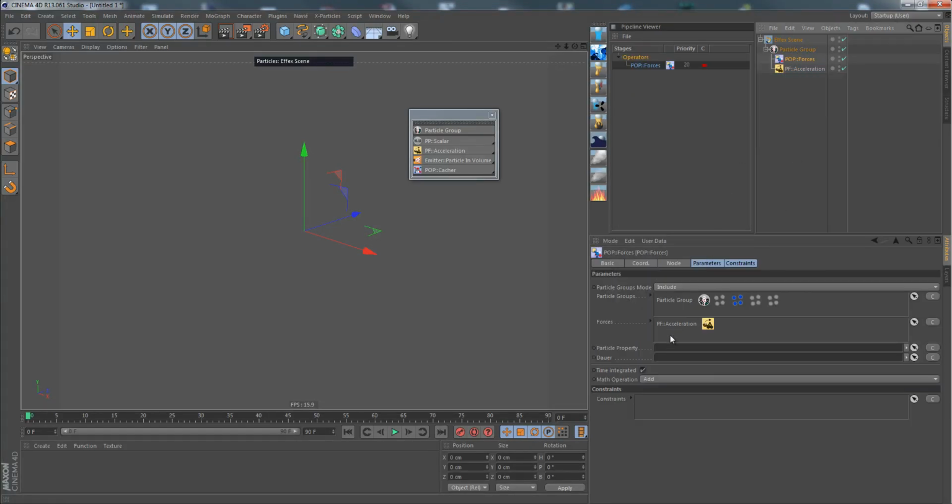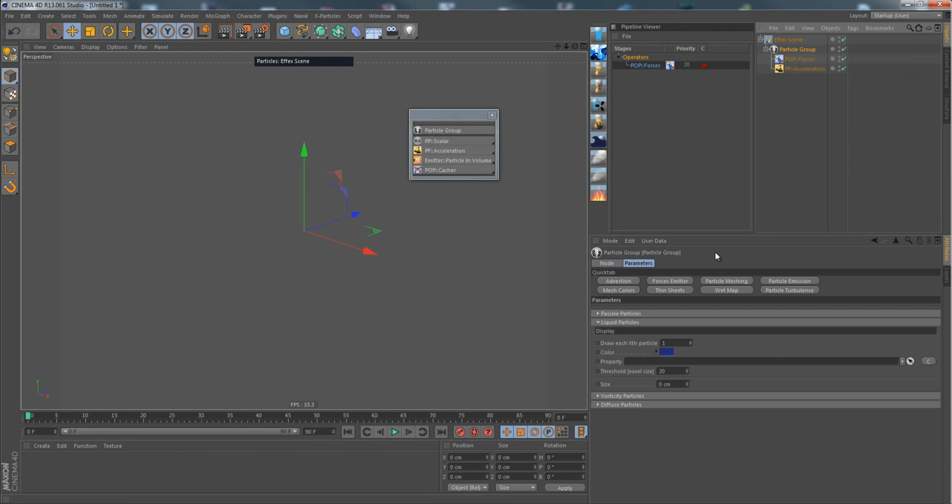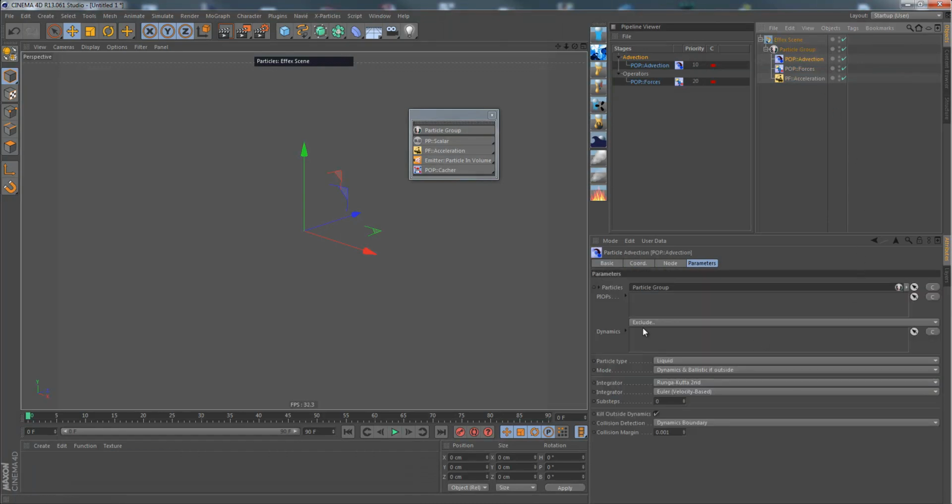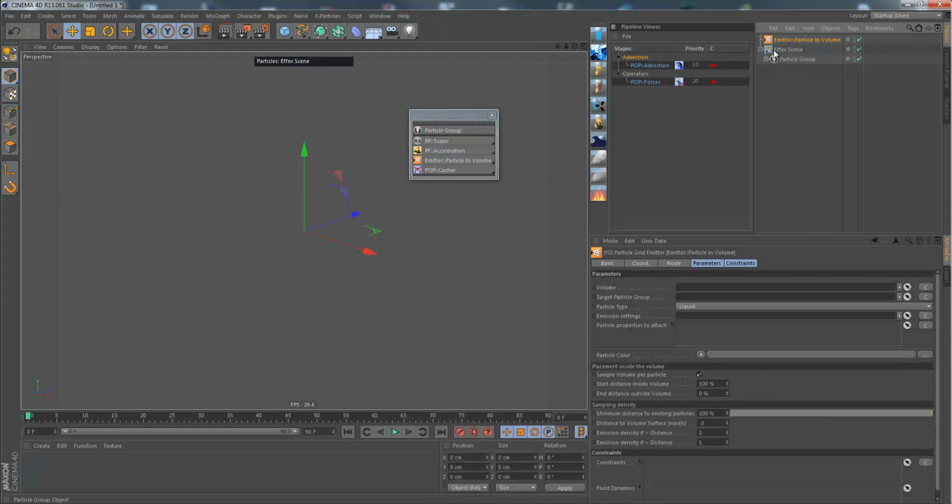Alright, so here I've already created a particle group and I'm just about to create forces and advection, so the transport of these particles that we will be emitting into this particle group. We have all set up. Now I'm creating a particle in volume